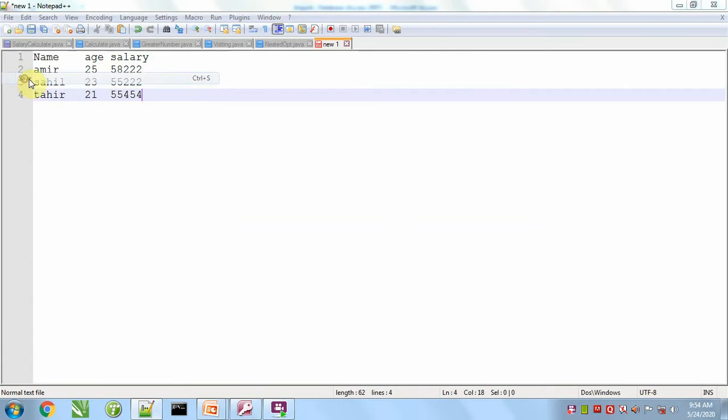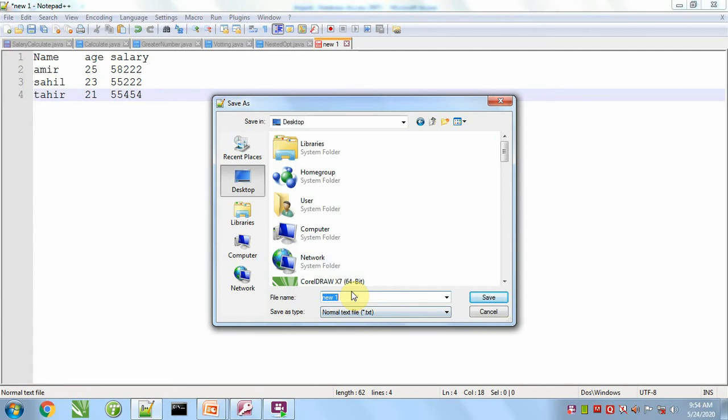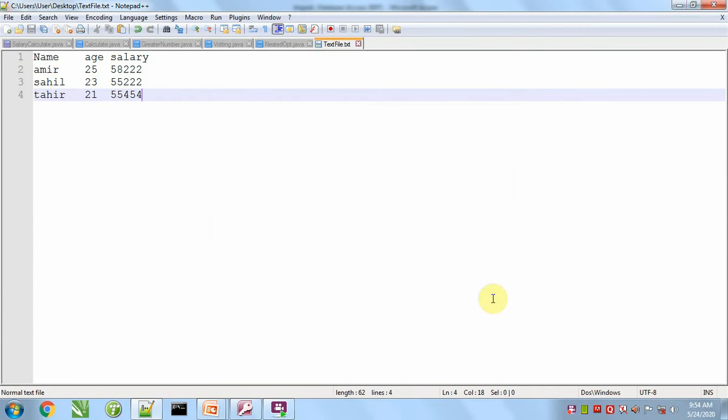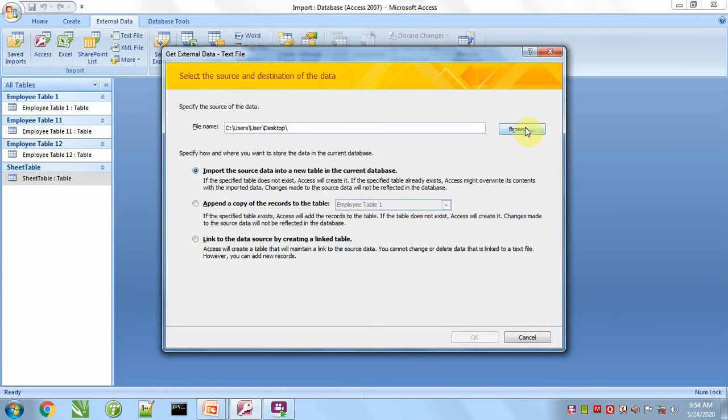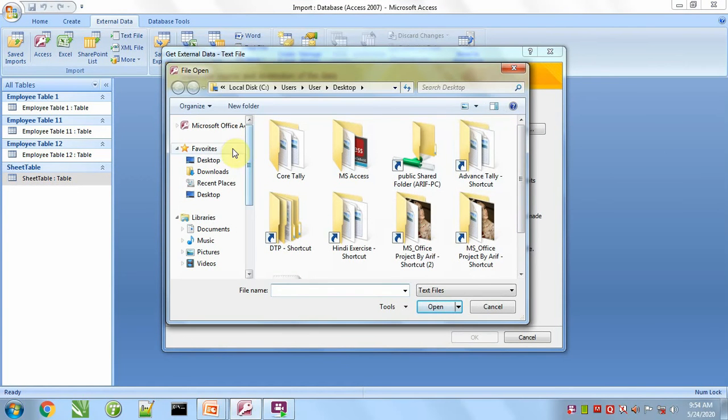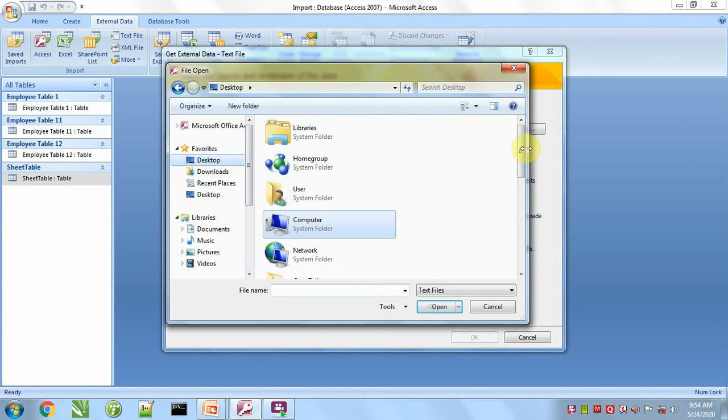Save this file. We'll go to Text File, Browse. On the desktop we will select this file.